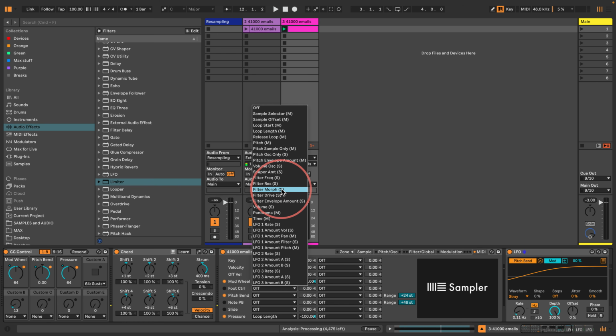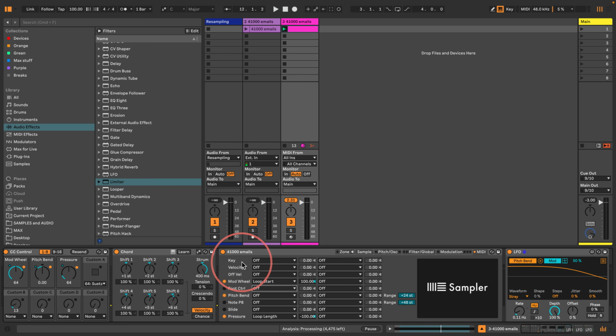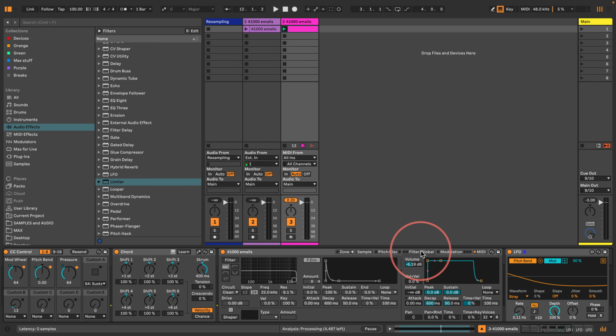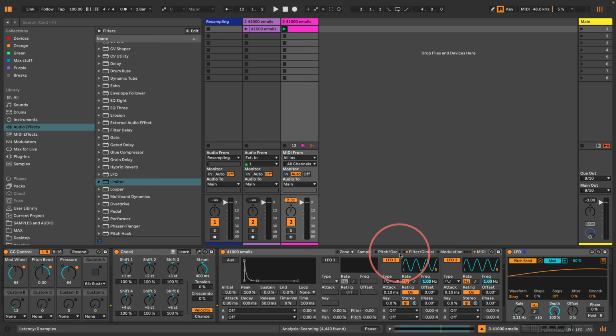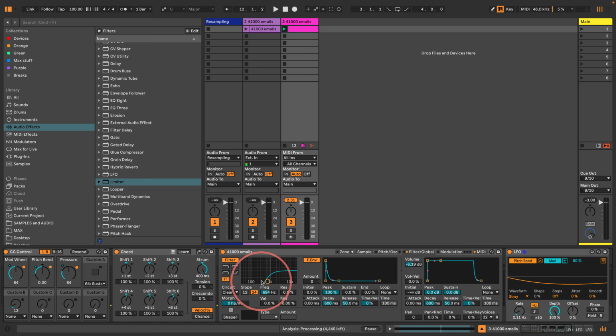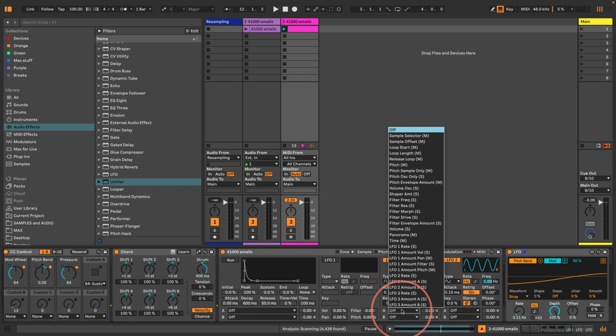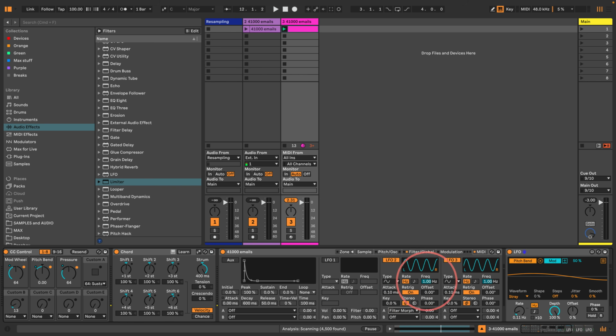Let's first of all go to the filter and turn the filter on, set the filter to morph. Let's put the frequency sort of halfway, turn the key down and find something, let's set that there. And then let's assign these LFOs to some things in that filter. Perhaps we could assign the LFO2 to the filter morph. Let's turn retrigger off and turn that all the way up. See what